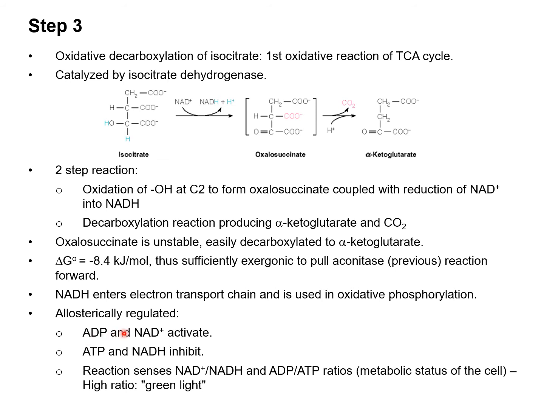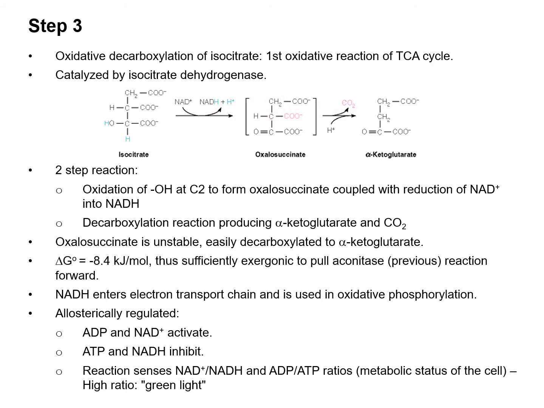So ADP and NAD plus activate the enzyme, as opposed to ATP and NADH, which inhibit the enzyme. And actually, the reaction senses this NAD plus and NADH ratio and the ADP and ATP ratios, which are indicative of a metabolic status of the cell. So a high ratio of these will mean that it's a green light for this reaction, and the reaction will